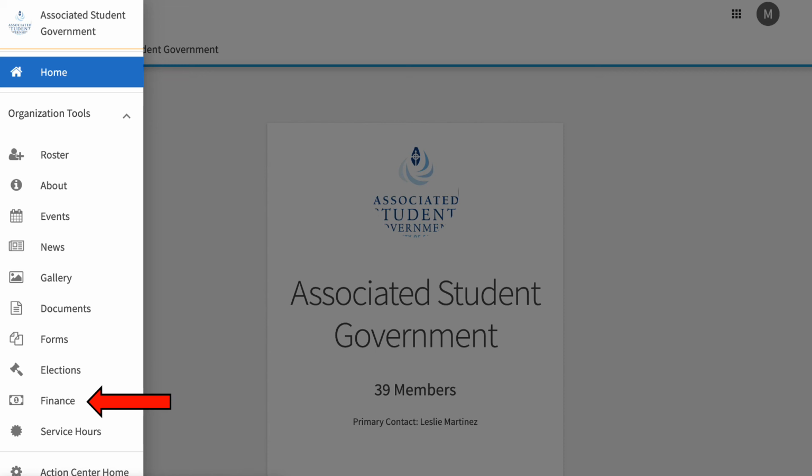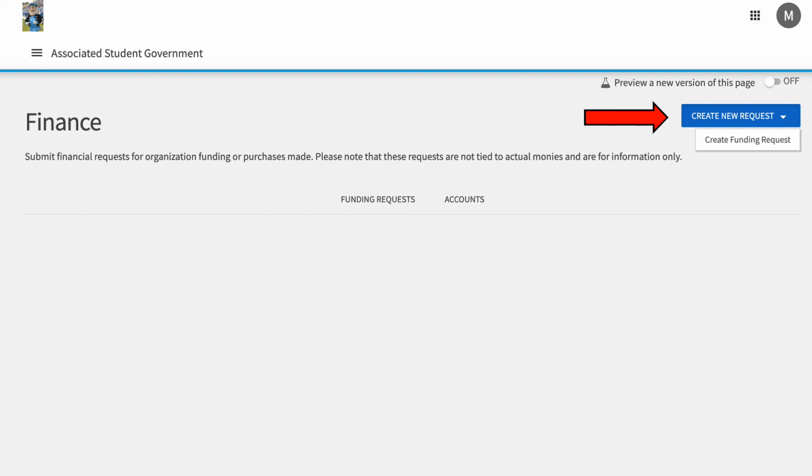Finally, you can access ASGBC funding information and requests under the Finance tab. We will show you this feature in more detail during the ASGBC presentation. For now, note that you can submit ASGBC funding requests by navigating to the Create Funding Requests button and completing